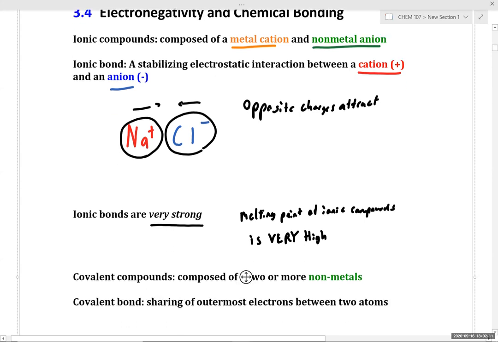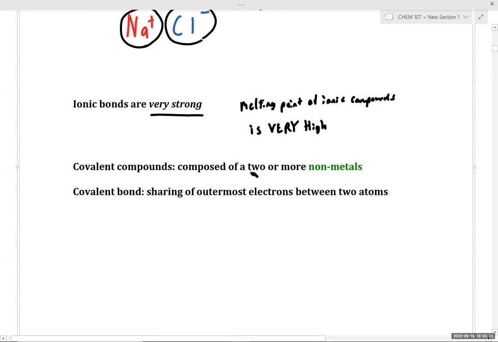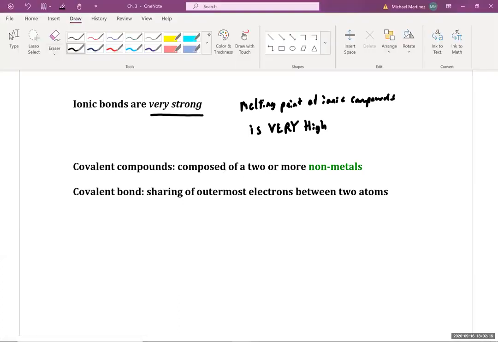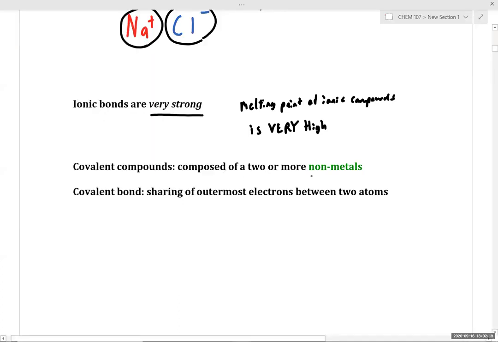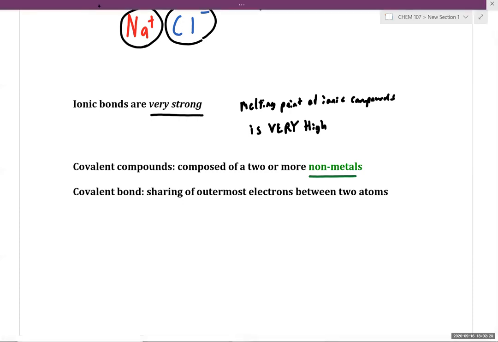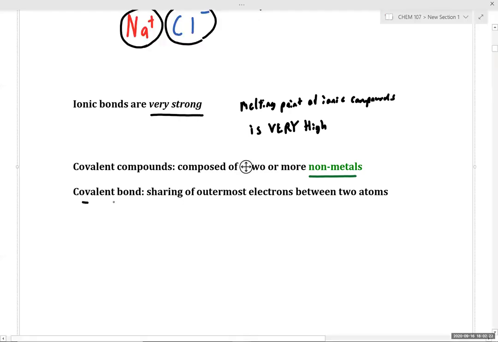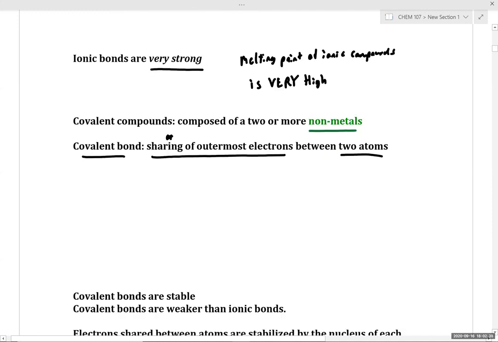If we think about covalent compounds, as we discussed, they are composed of two or more nonmetals. And a covalent bond is the sharing of outermost electrons between two atoms. Keyword, sharing. So for example,